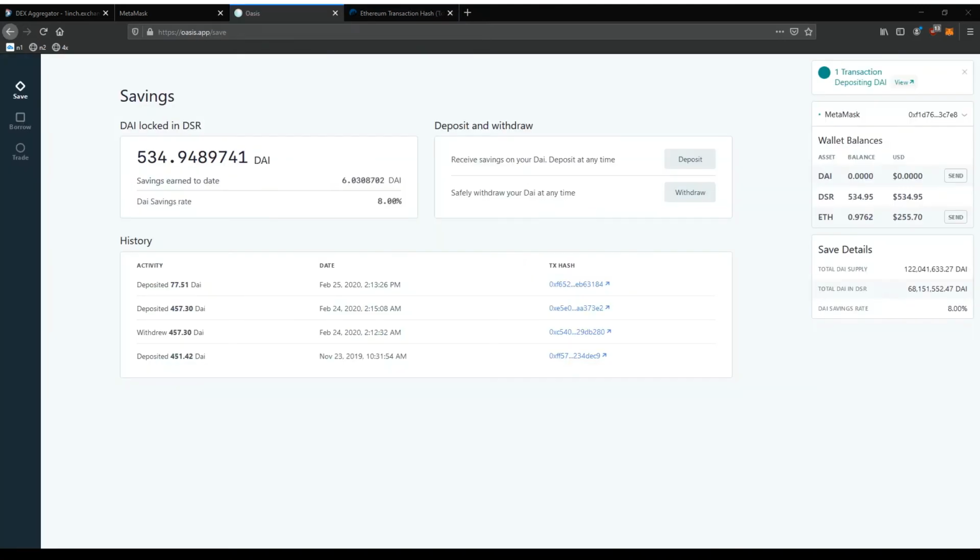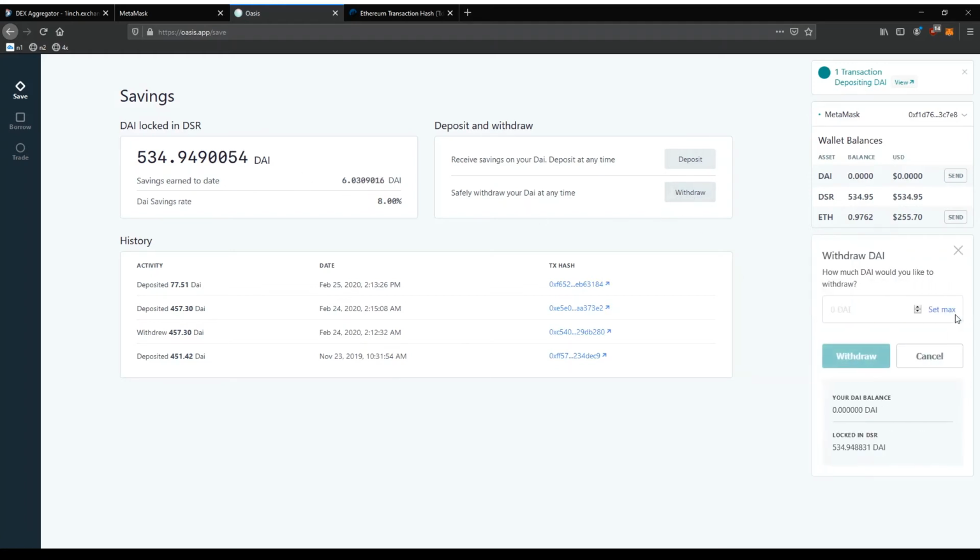So now you can see the transaction is confirmed, and it says that I deposited 77.51 DAI in there. So now you can see instead of 457, I've got 534, and now you've got your 8% return. So that's pretty much the way you do it. And then you can also withdraw it at any time you want. So you can click withdraw, you can click max here, and then you can withdraw